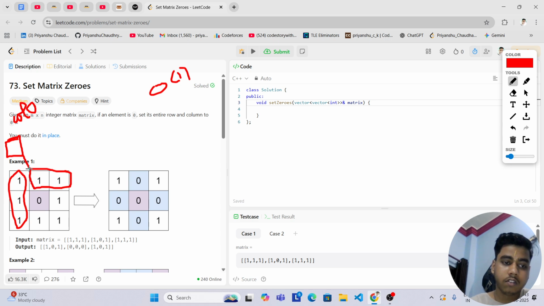Okay, so this will be our markers. Okay, so if I tell you in detail about the logic that we are using: marker arrays, a marker row array and a marker column array,